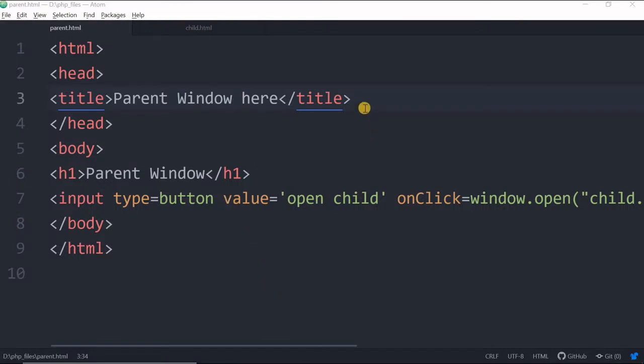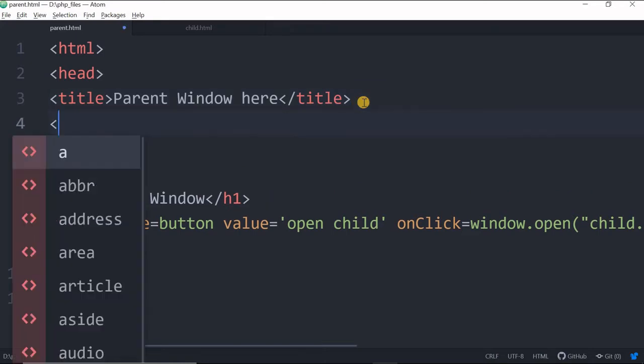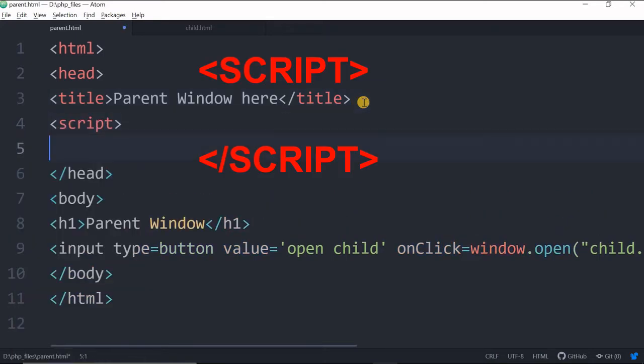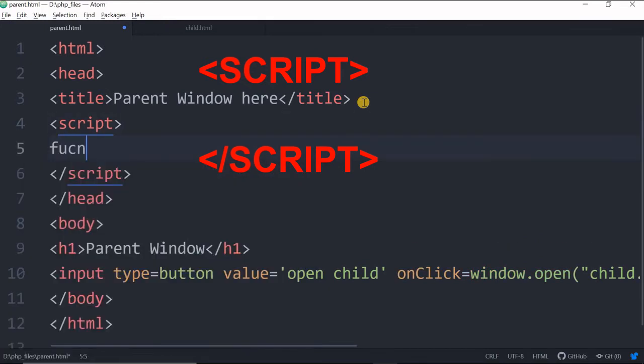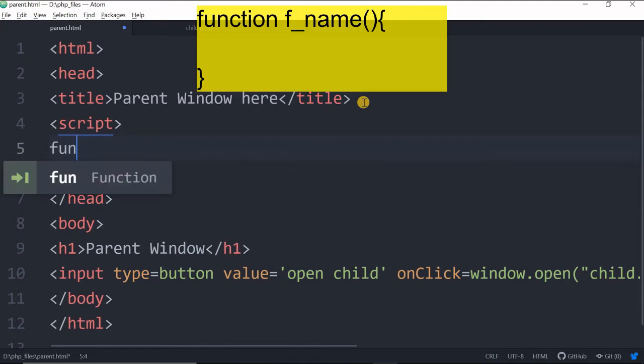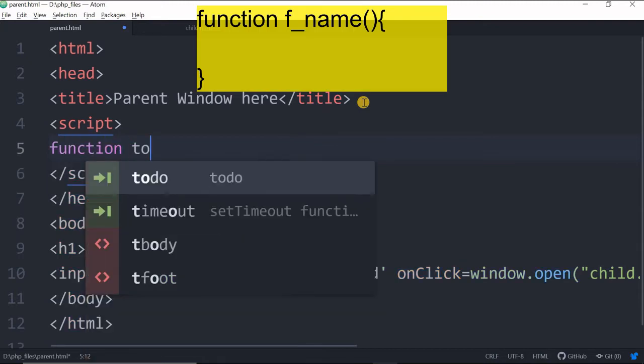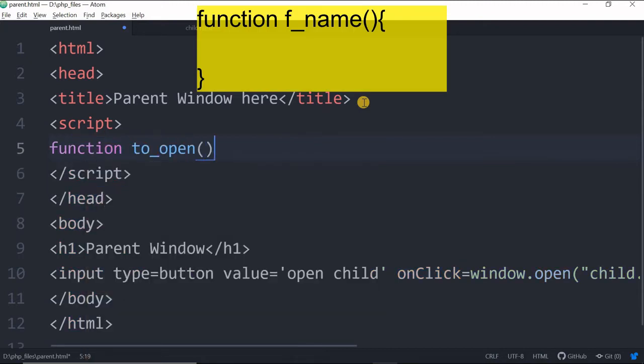We'll write JavaScript functions to open the child window and close the child window. For that, let's write two functions. Script, let's keep a closing tag for the script. Inside this we'll start with function toOpen. This is the function we'll use to open it.